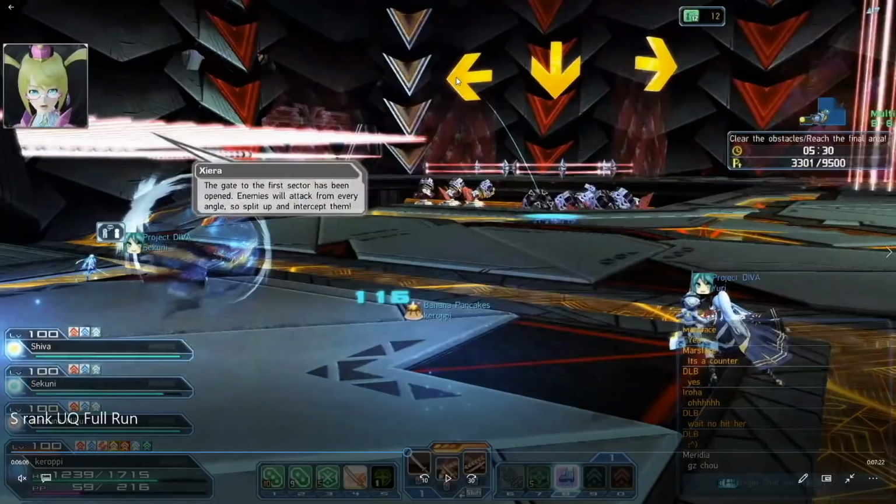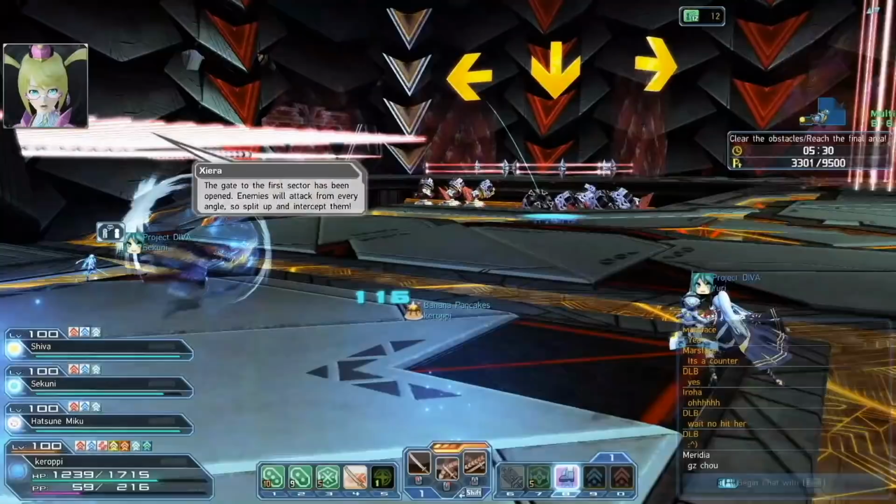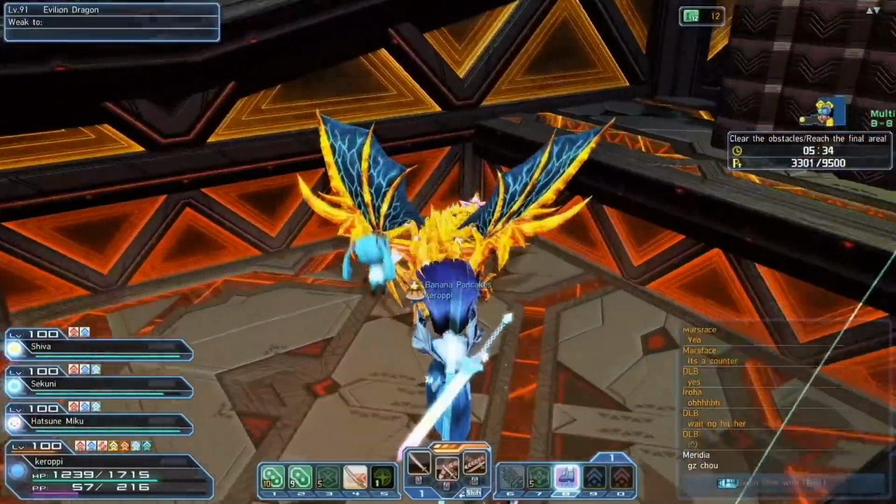Alright, so maybe range people go to the left side, melee people go down, and then whatever's left go to the right. Probably I would split it up like that, but just make sure it's 4-4-4. That's what I would do in a perfect world, but in a pug group, just do what you want to do. All right, so you're going to see here that I'm going to jump straight down, and look,